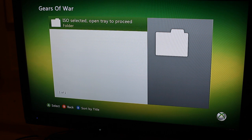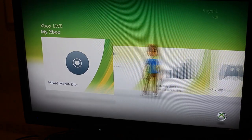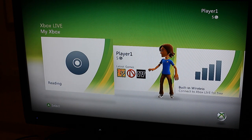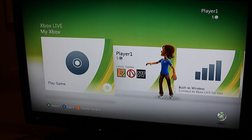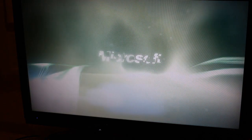You can either click all the way back, or you just press home, Y, and then eject that disc, and it'll add that disc to the queue and load it up straight away. So as I said, you don't have to touch the 360 at all. It can be locked away in a cabinet, and it's as easy as that. When you want to play a new game, you just click the home button,